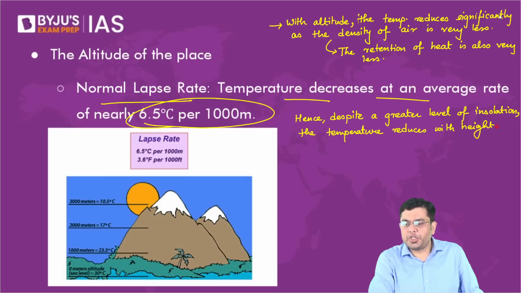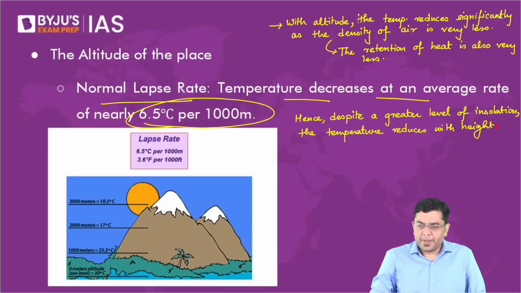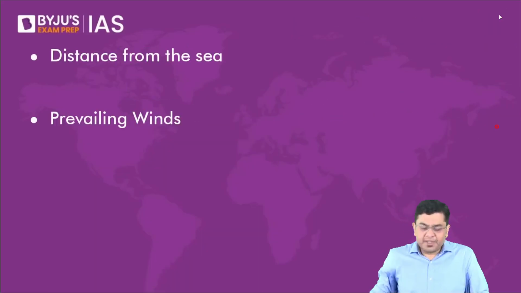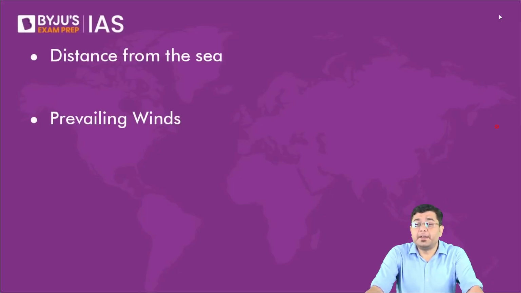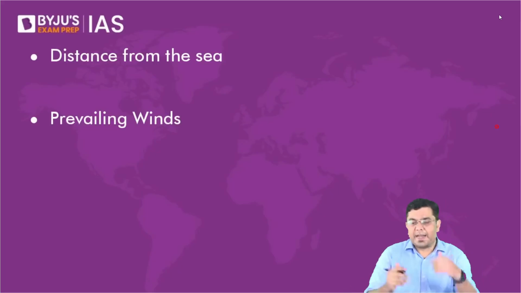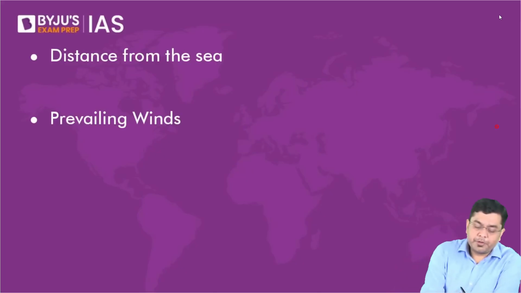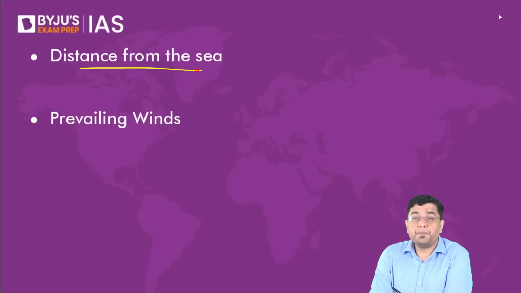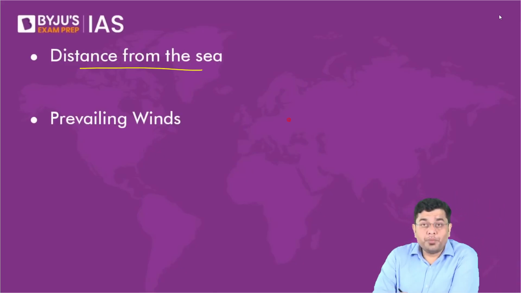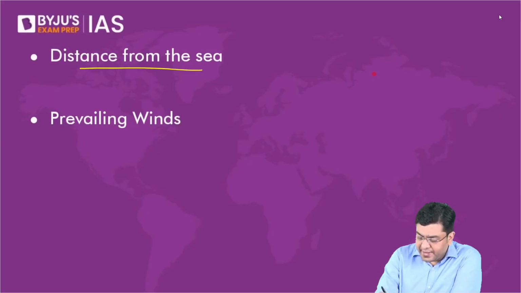Okay. Insolation is the total amount of solar radiation received in a particular area for any set amount of time. Now, after this, we come across certain other factors which will also influence the temperature. One of the factors is distance from the sea. Now, what are we talking about here? For example, let us consider